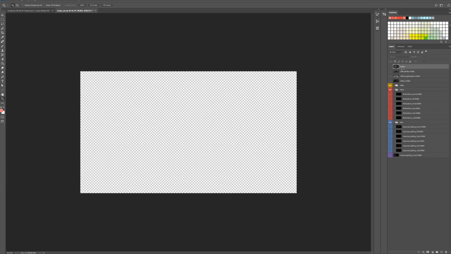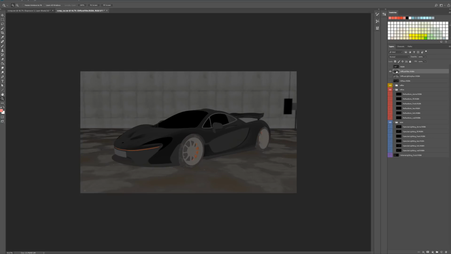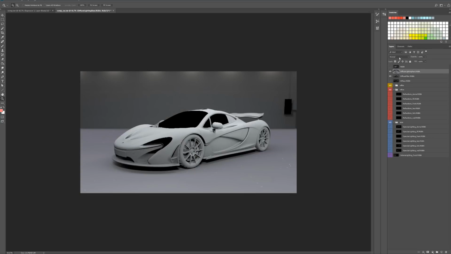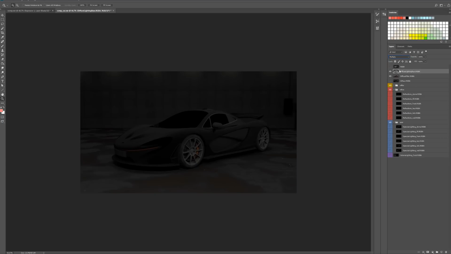So we've got our diffuse filter here, and we need diffuse lighting to multiply on top. So you just go to your layer type and then change it to multiply. So now we've got that. So these two, we'll put these together in their own group. We'll just call this